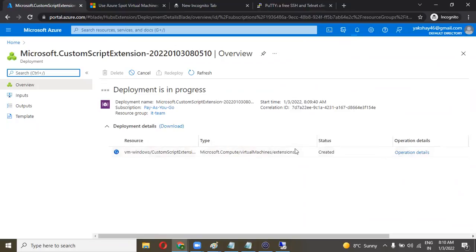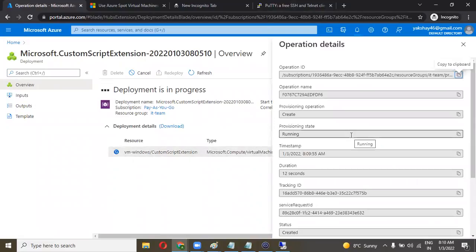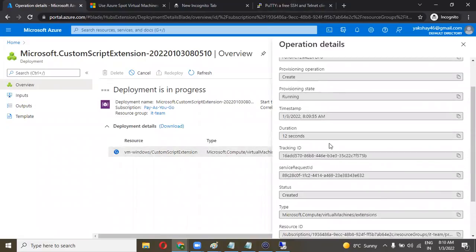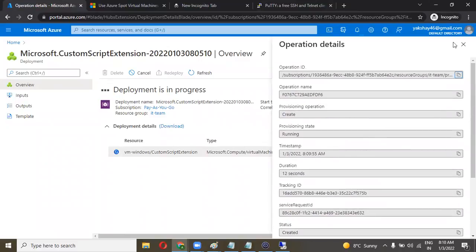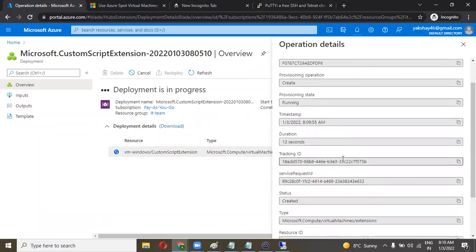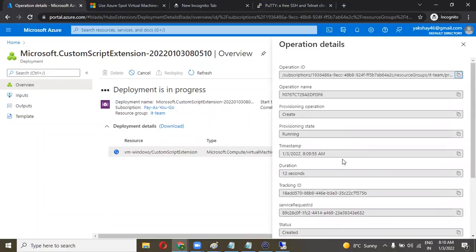Type, these are the types. Status is created. Operation details, you can see the operation detail over here. Running and duration 12 seconds. Deployment ID. These things are useful for the logs whenever you want to recover who is running the script and who requested it, then it will be helpful for you.